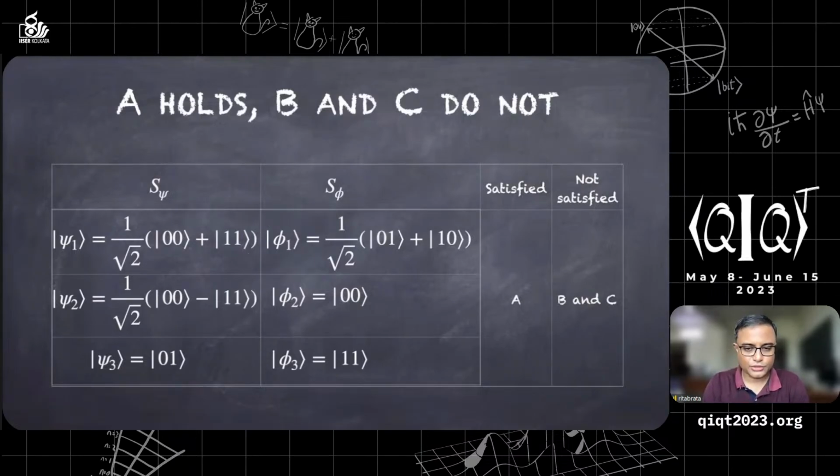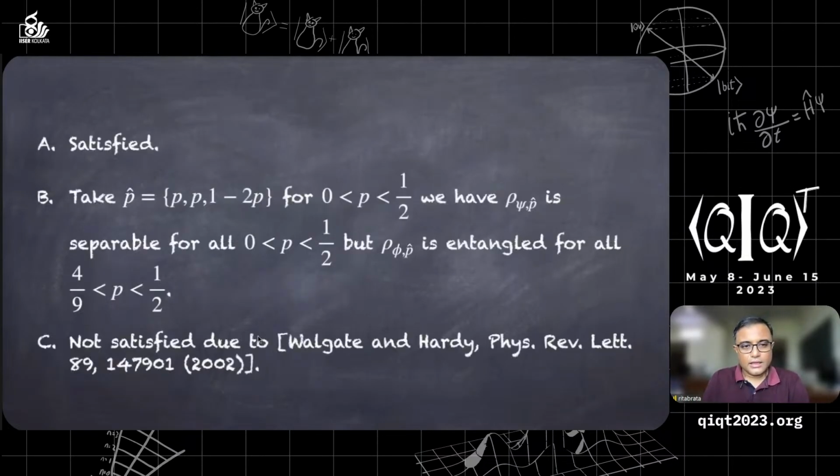So you take a P which is between 0 and half, and you take the probability distribution corresponding to that P: P, 1 minus 2P. Then you can check that for all P between 0 and half,